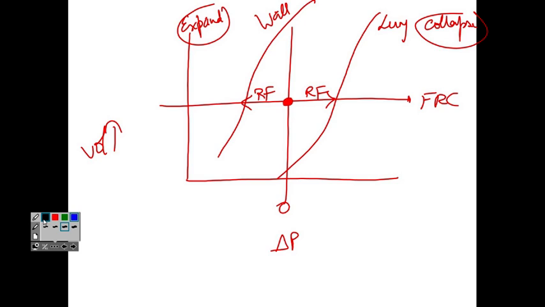What happens during expiration? It's at FRC, so when you do forced expiration, what will happen to the volume? It will go from FRC to residual volume. So as the volume decreases below the FRC, what has happened to the recoiling force of the lung? It has decreased. What's the reason? Recoiling force depends on stretch. So when you expire, what happens to the alveoli? It's shrinking. So what is happening to the stretch? Less. So what's happening to the recoiling force?